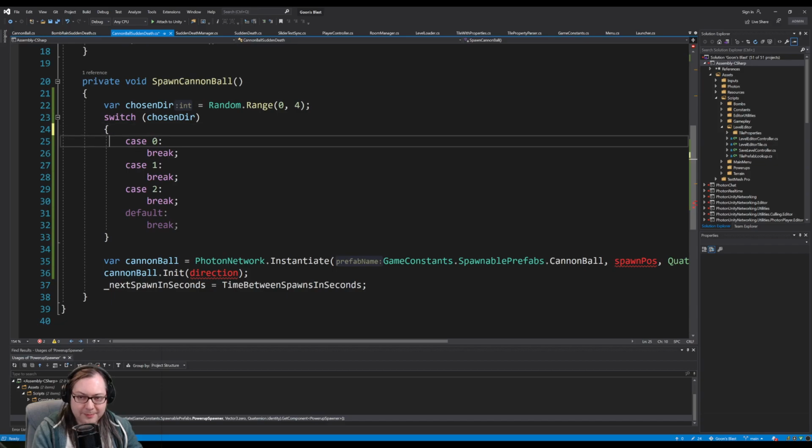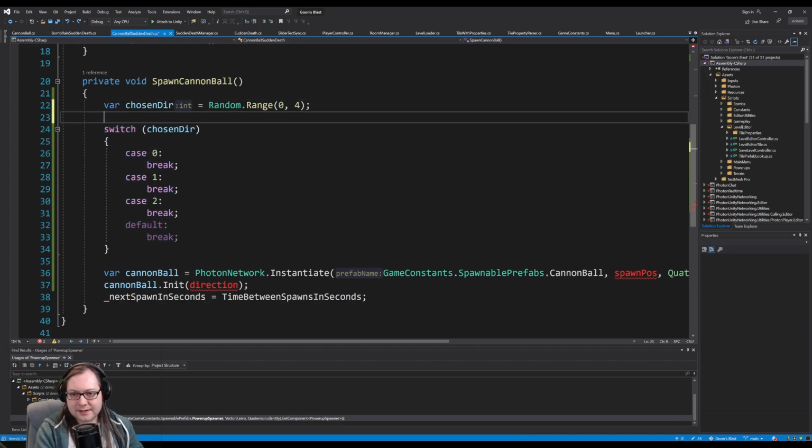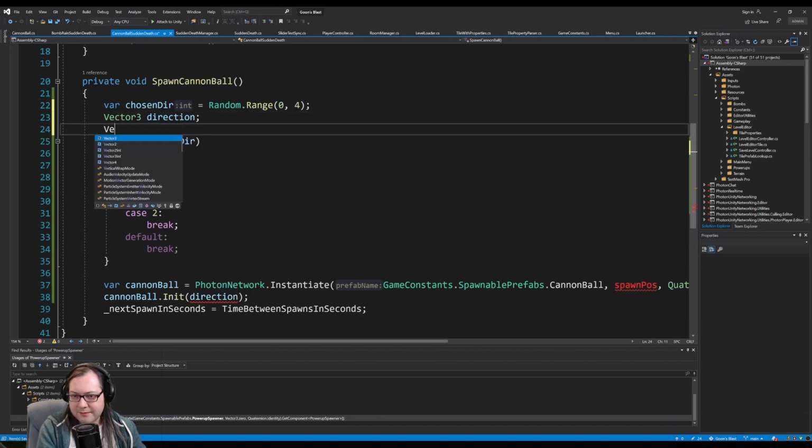You know what? I'm not even gonna bother putting comments down here. So we want vector 3 direction, and then we want a vector 3 spawn position,